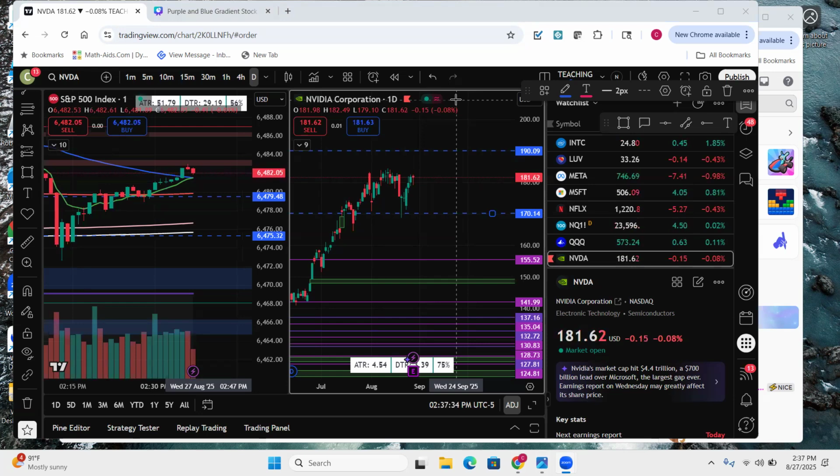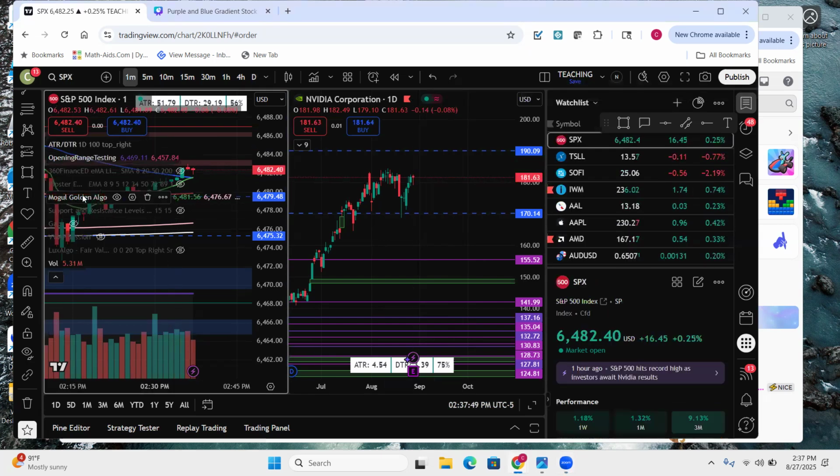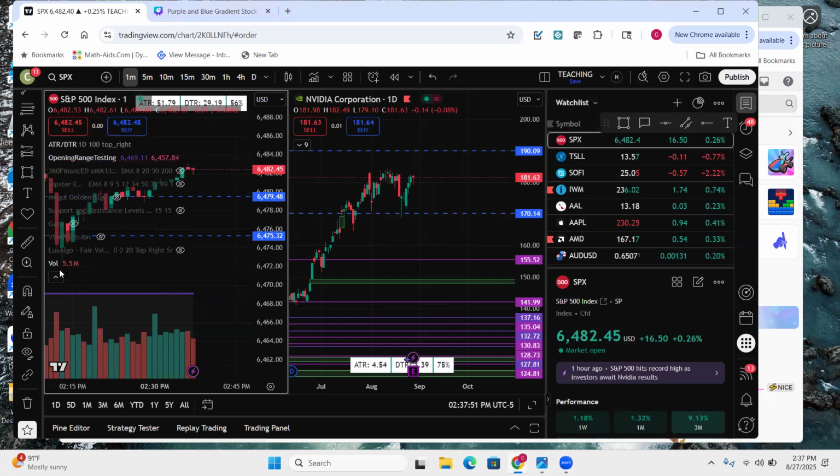I hope that contract did not. I think it hit 55 and it came back down. Yep, back at 45. But why did it come back down? It's coming back down because we can see that order block. Again, if I wasn't using my mogul algo, I'd be looking here and going,